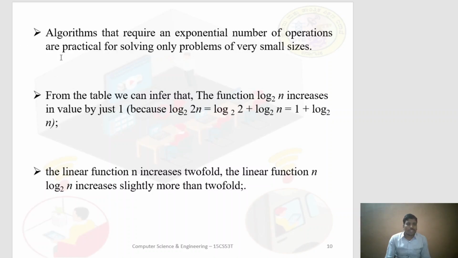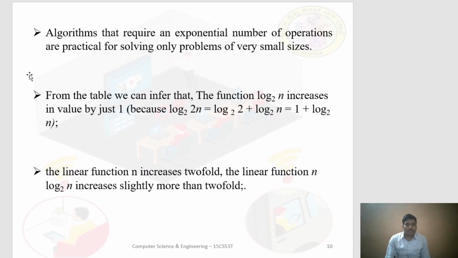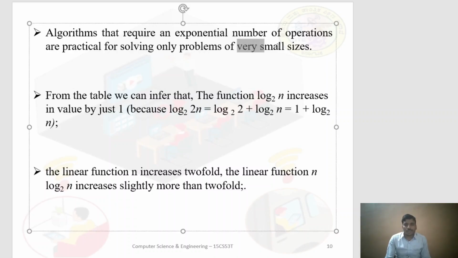So we can analyze the table or this graph. Algorithms that require an exponential number of operations are practical for solving only problems of very small size. Exponential